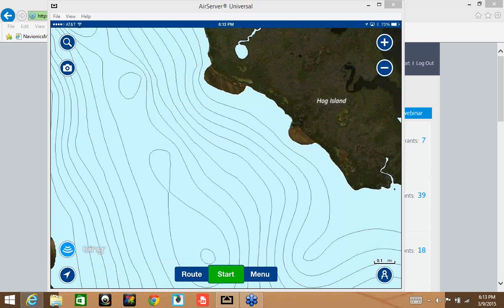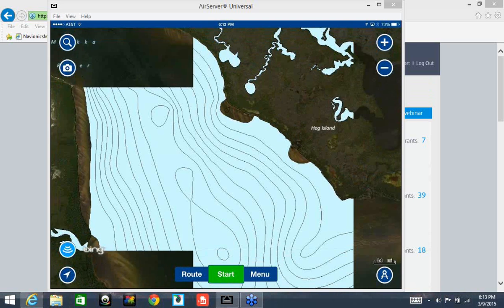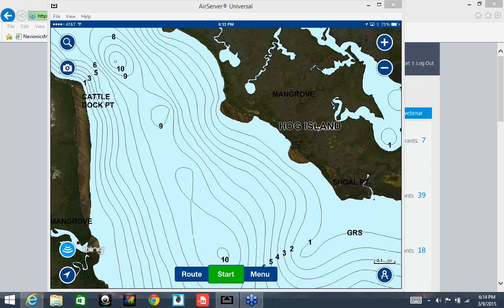And there's another ledge coming off of Hog Island. So what happens is when the water's flowing back in, when the tide's coming back in, all our bait is going to get pushed up against Hog Island and get caught in this little trough and this little ledge. If you notice, the ledge kind of extends up Hog Island a little bit, which creates kind of a highway, which is where this fish, especially the snook and redfish, will sit and be able to ambush their prey as they head up and down that ledge along